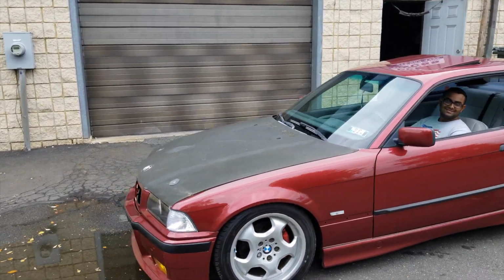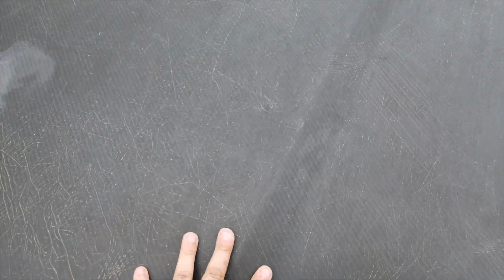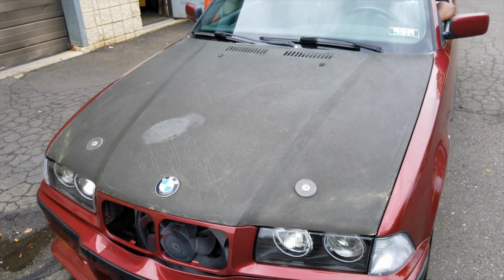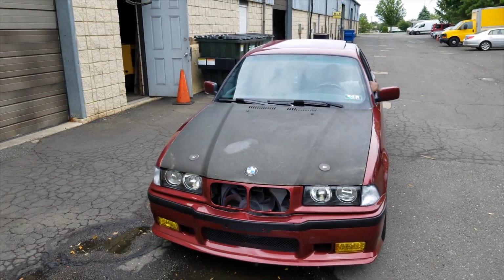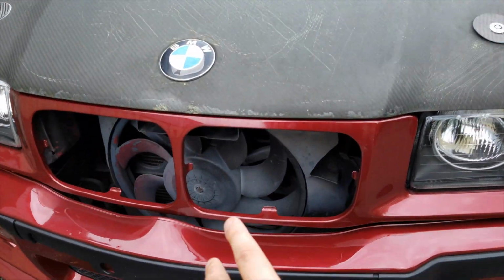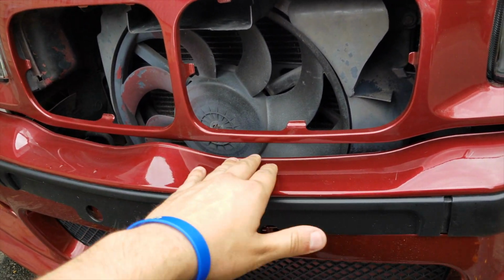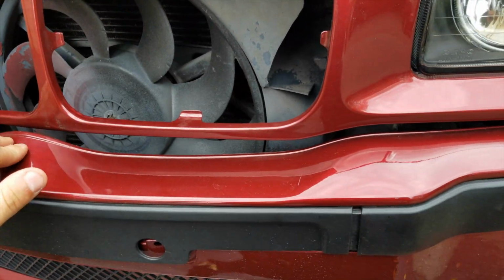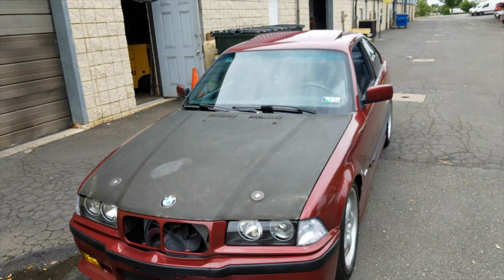Extremely clean body. Hood needs work. It's a carbon fiber hood, but the clear coat on it is destroyed, as you can see. It's just done, so we're gonna sand it down and repaint it. The grills, it did come with grills, but I think it came from a 1996. 97 to 99 were bigger grills. The ones that came with it are slightly shorter, so they don't fit. The bumper here is a little bit warped, which is odd, but I think it's because there's a piece back here that's not making it sit flush. Easy fix. Pop the hood,